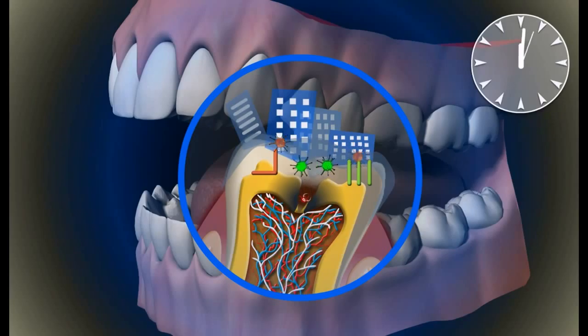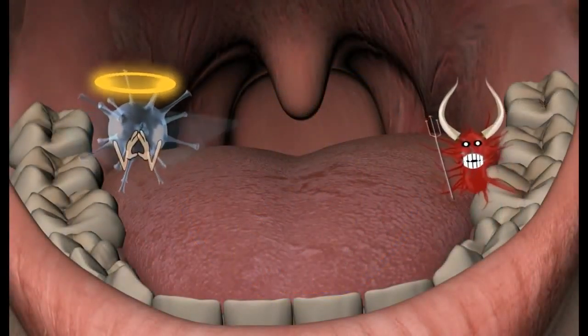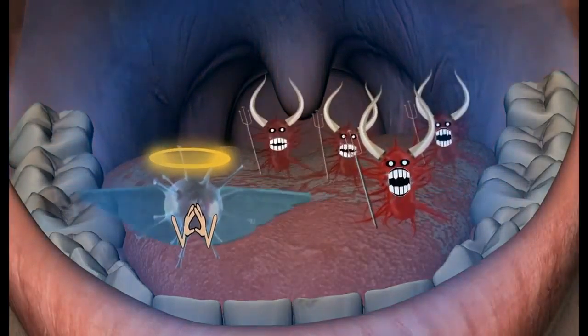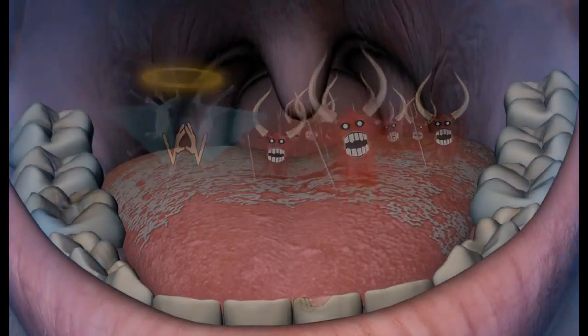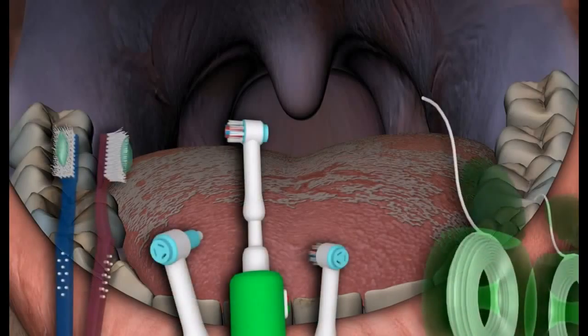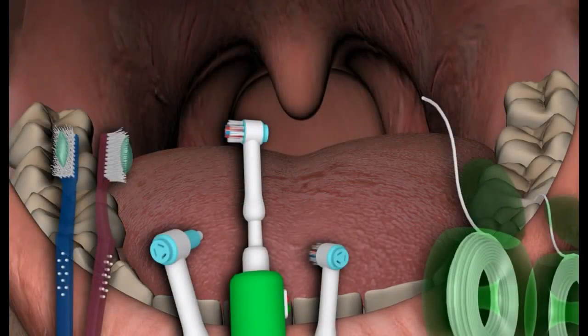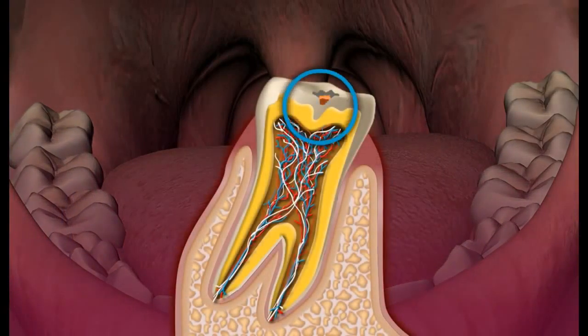The formation of mature plaque usually takes about 24 hours. That's the amount of time it takes originally commensal and symbiotic bacteria to turn into germs that are pathogenic. If unorganized, mouth bacteria is not harmful. Only mature plaque can cause caries and periodontitis. Therefore, it's very important for everyone to remove plaque efficiently with the help of a toothbrush, dental water jets, and floss. By doing so, the bacteria are deprived of their habitat. Without this habitat, they cannot cause any more harm.